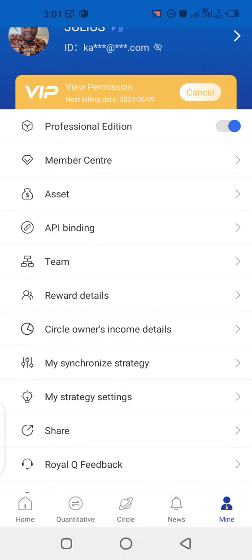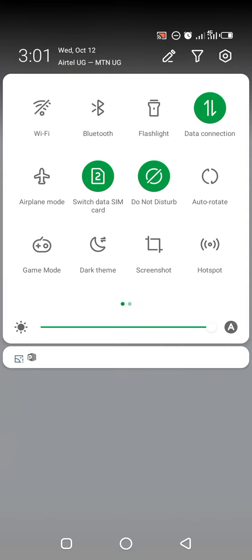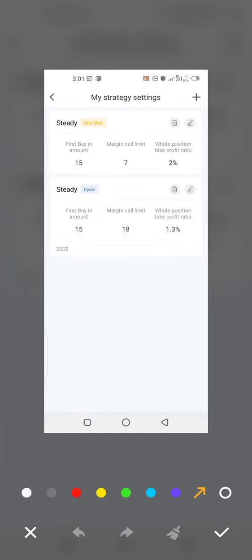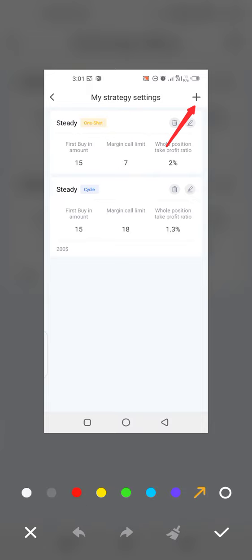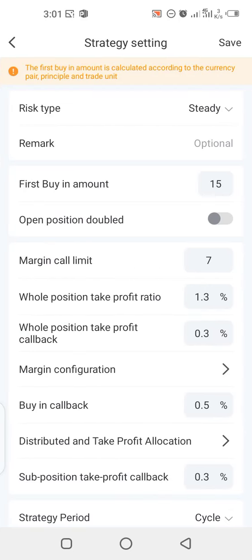My strategy setting, and if you are new, you'll see add now. If you are old, just come on top here. I hope you can basically see very well this arrow here. All right, hope you can see that this arrow here. So you tap on plus if you are old. If you are new, tap on add new. Now here,